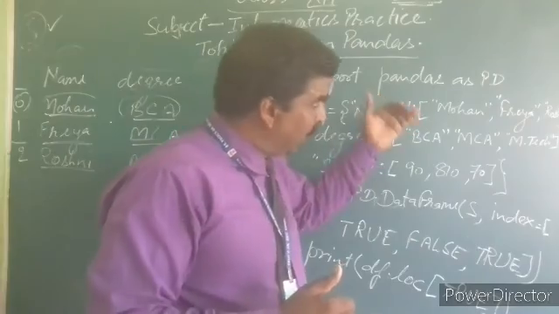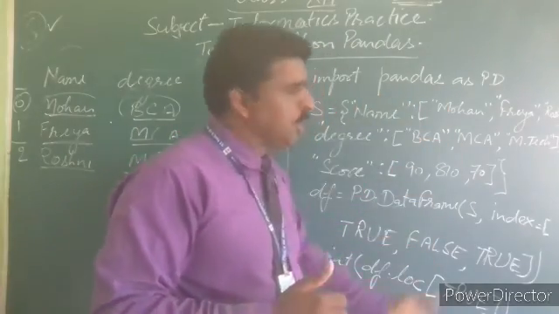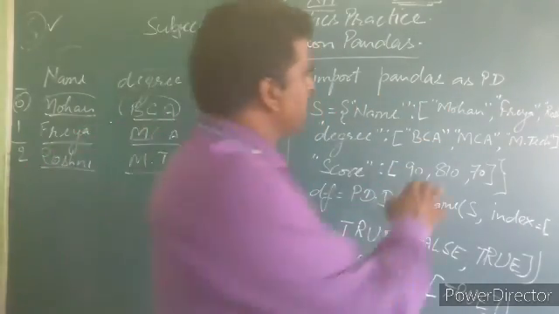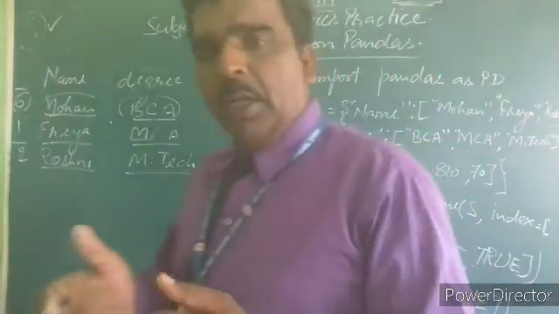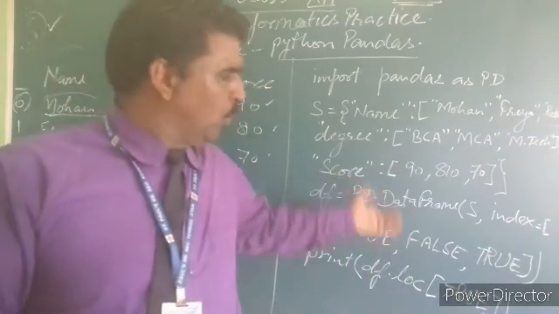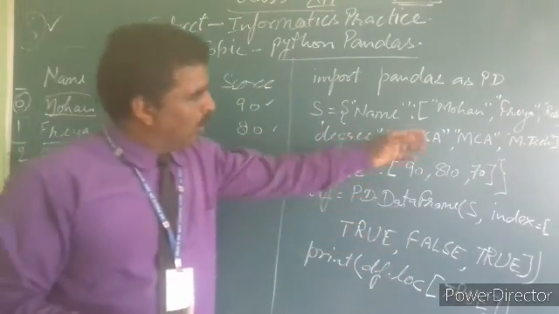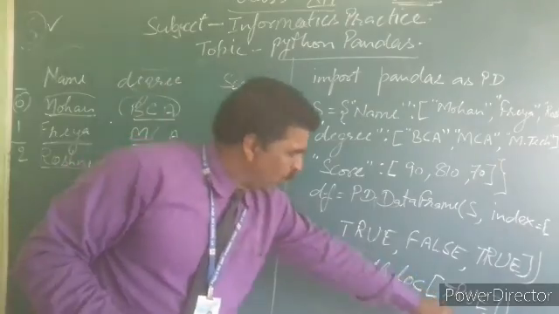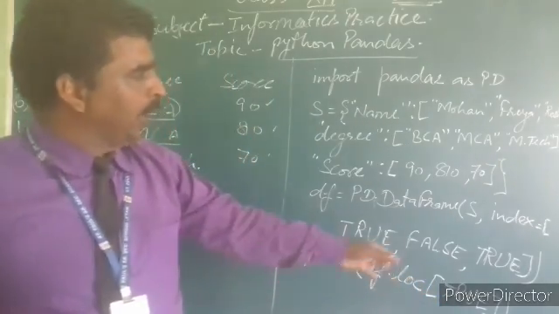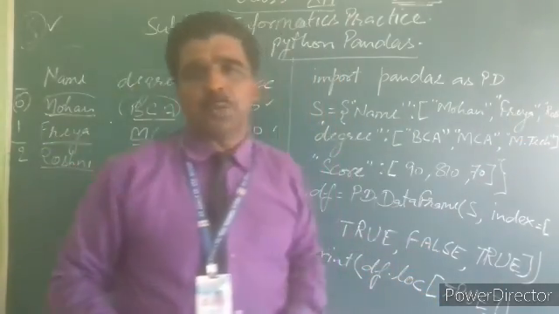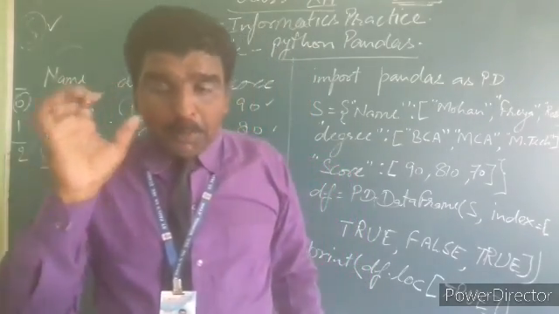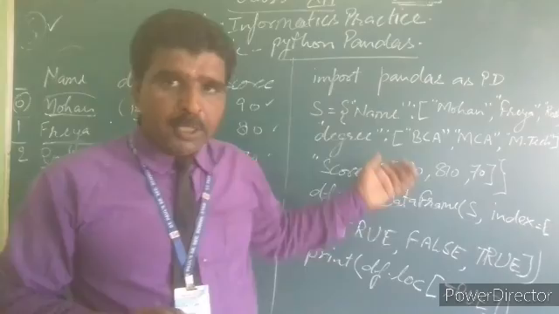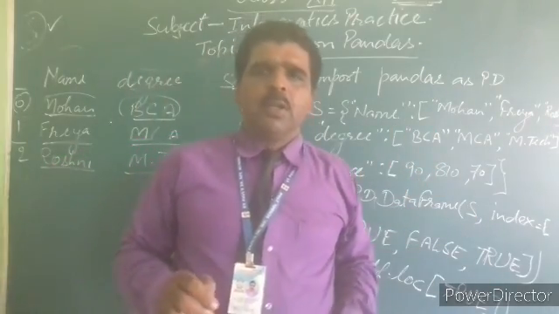If you want to display this type of output, that selected value should be displayed. So logically you can think that this type of value, if you want to display, for that only you are selecting true. If you are selecting false, only Priya will be displayed. So student, you should keep in your mind and practice for this program.